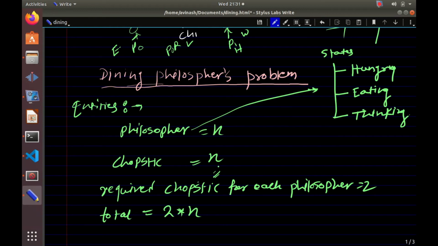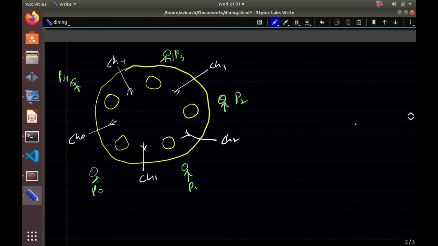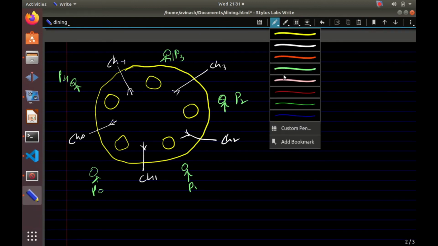So this problem is called the classical problem of operating systems, and we have to learn two concepts in this problem. So the first concept we are going